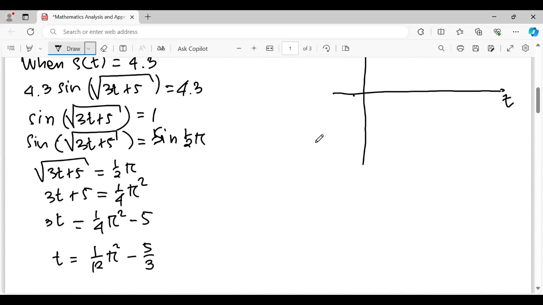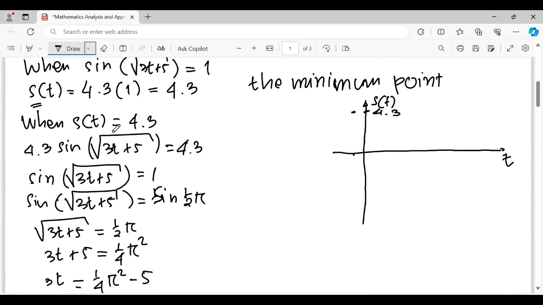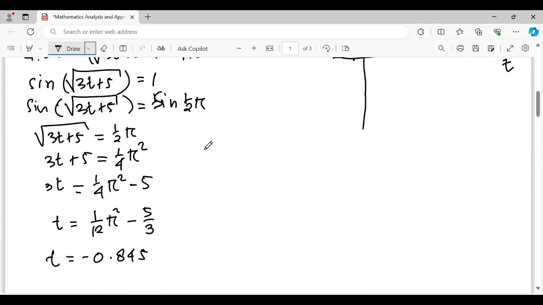And after that, when s(t) equals 0, so now s(t) equals 4.3. So how about if s(t) equals 0? If s(t) equals 0, the equation will be 4.3